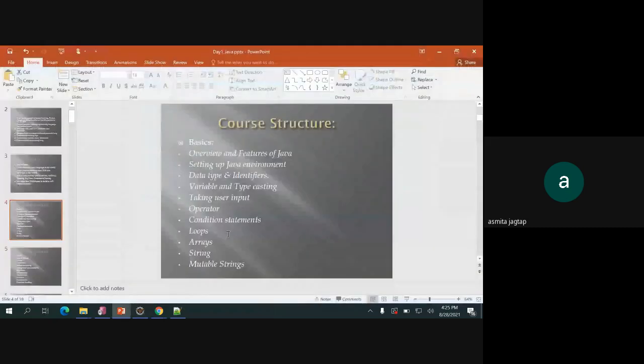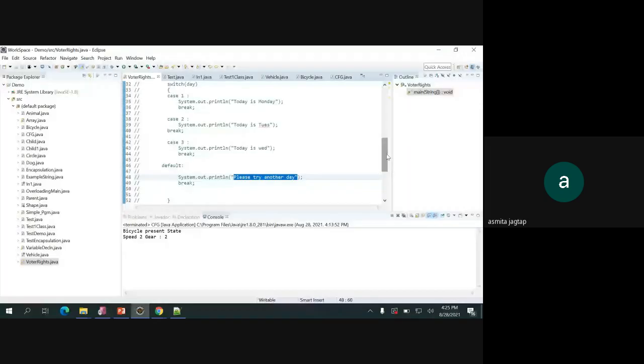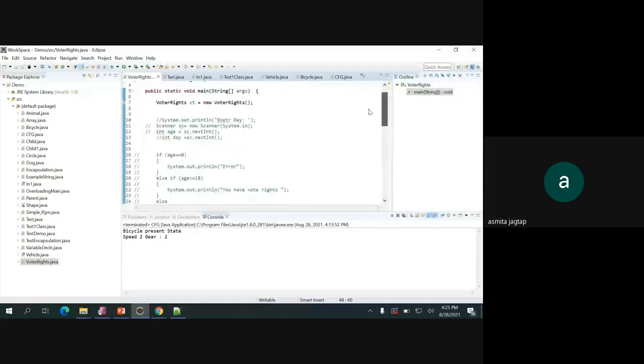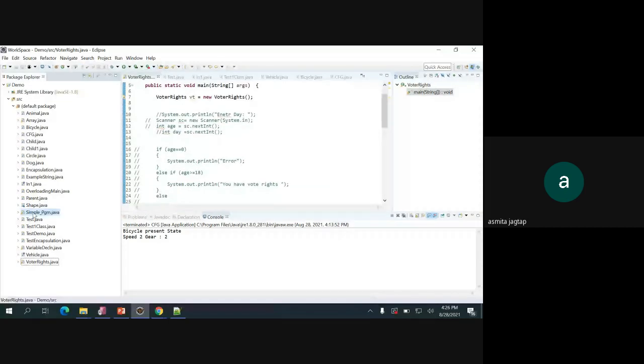Then we see loops, means for loops. There are for loops as well as do while loops and while loops. Mostly we always go with the for loop. First is initialization, and the next is the final condition, and third is